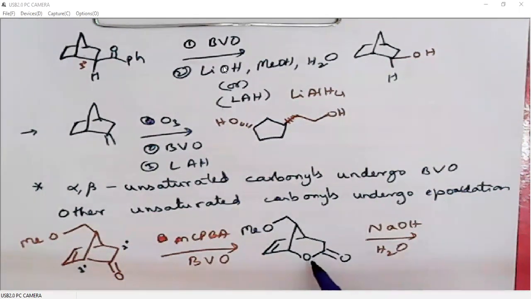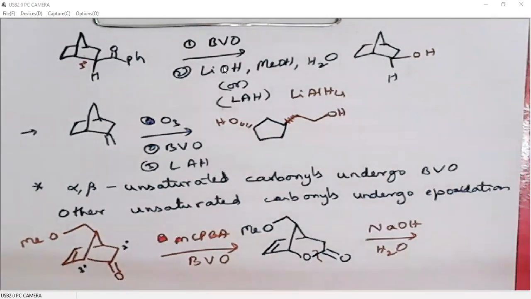This ester undergoes hydrolysis to generate alcohol and carboxylic acid. As we can see, this OH and this ester group both are in the same plane, and of course they are below the plane. So these two substituents are below the plane, and this OMe is in the opposite plane to this. So when we write these two below the plane, OMe will be above the plane, and the ring size is 1, 2, 3, 4, 5.